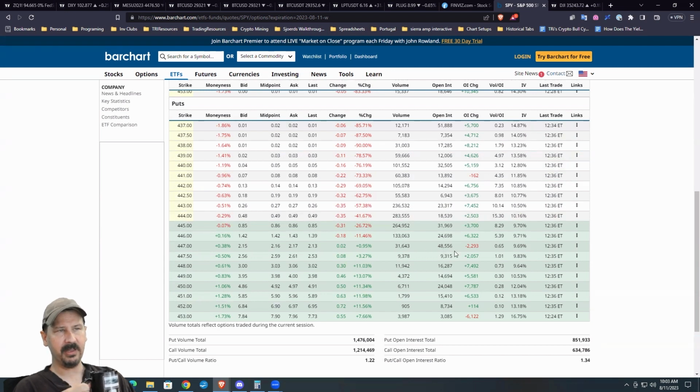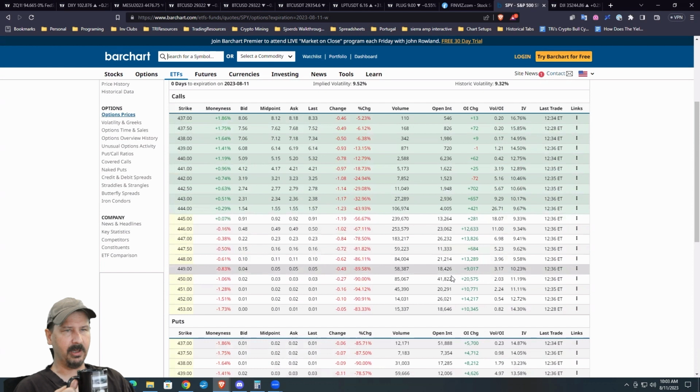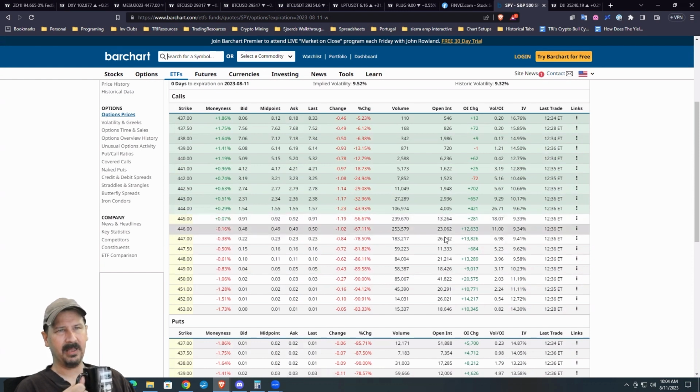If they can somehow get the market up above this 447, then only these puts expire in the money. And really, I might even argue, don't be shocked if we see some crazy rally out of nowhere coming into the close so that they can get this market all the way above these strikes as well. The only question is, are there a lot of calls out there that they really don't want to let expire in the money? Notice the heaviest open interest on the call side, but remember, a lot of these are covered calls. So this is a lot of retail, but the heaviest open interest, you can kind of see that the open interest really starts ramping up above, say,